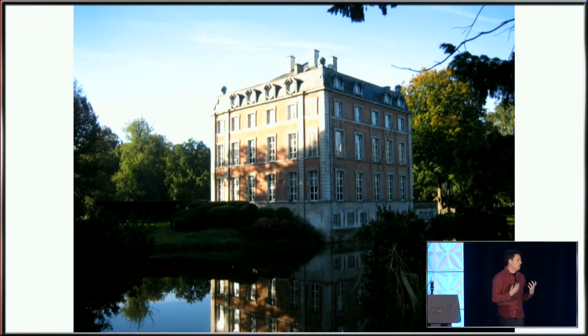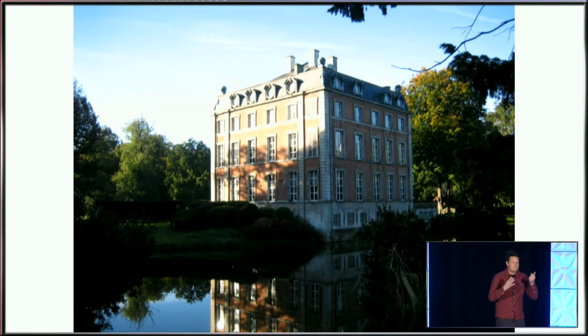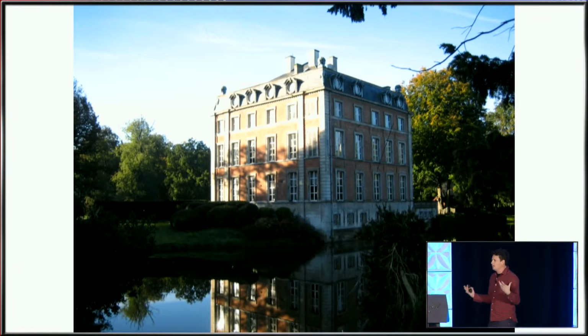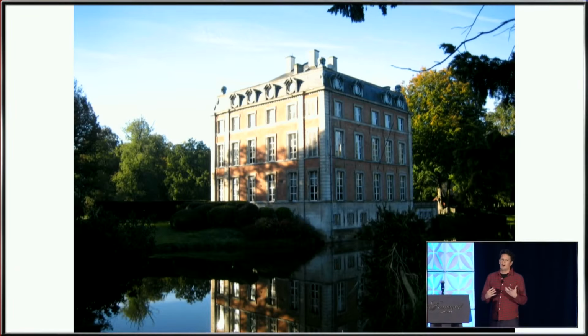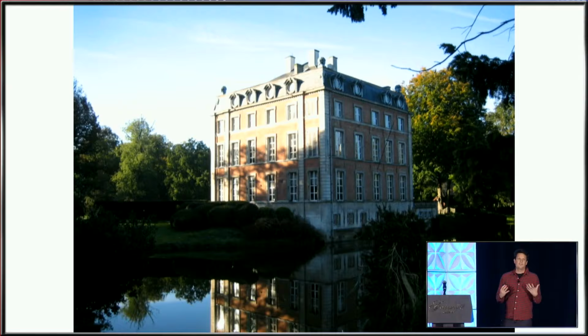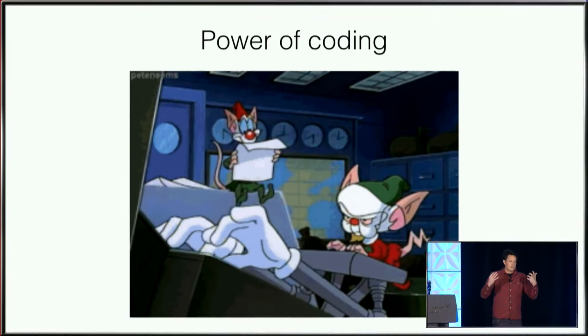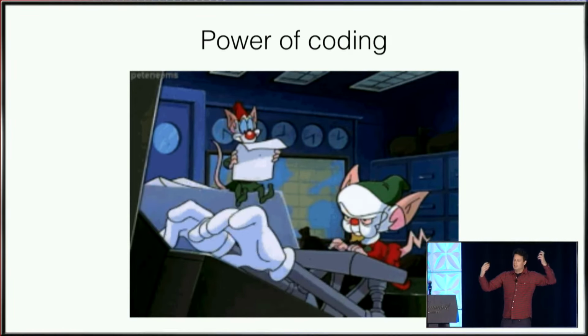I had long been interested in learning to code or to do something with what we call in humanities digital humanities. And I had been interested in this, but I didn't know where to start. The power of coding from the outside was very alluring.